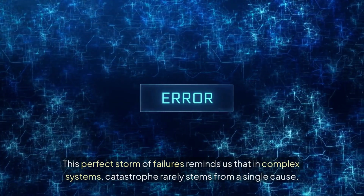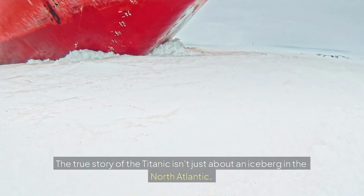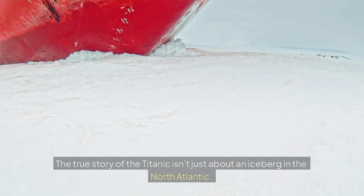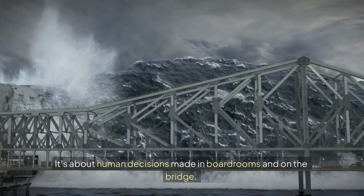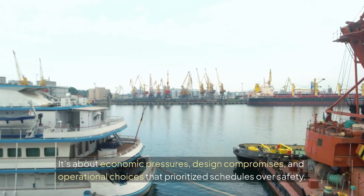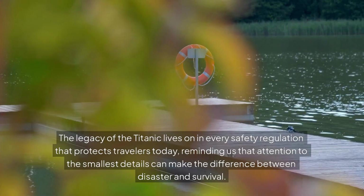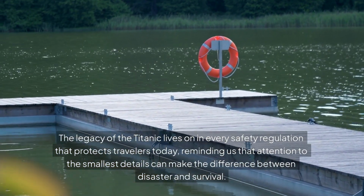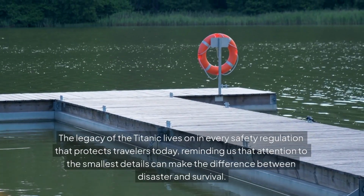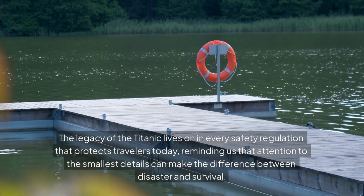This perfect storm of failures reminds us that in complex systems, catastrophe rarely stems from a single cause. The true story of the Titanic isn't just about an iceberg in the North Atlantic. It's about human decisions made in boardrooms and on the bridge. It's about economic pressures, design compromises, and operational choices that prioritize schedules over safety. The legacy of the Titanic lives on in every safety regulation that protects travelers today, reminding us that attention to the smallest